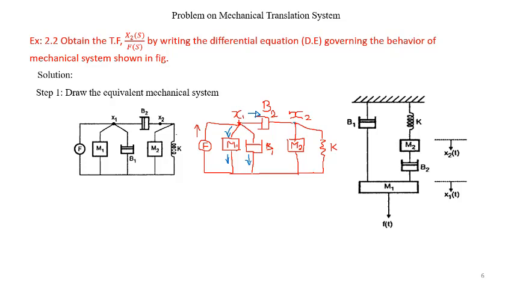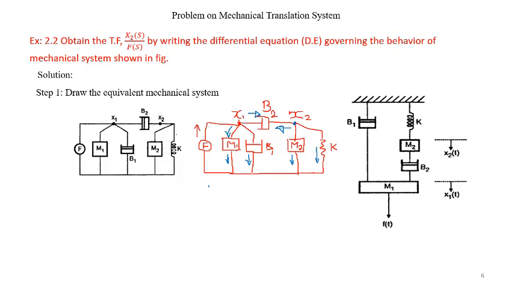And at x2 we don't have any supplied force in, we will be having output. So this will be output here, this will be output here, and there will be another output from this side, from x2 to x1 side. Keep it in mind, from x2 the node will be moving towards x1 for the input. So this is how we are going to draw the equivalent mechanical system.